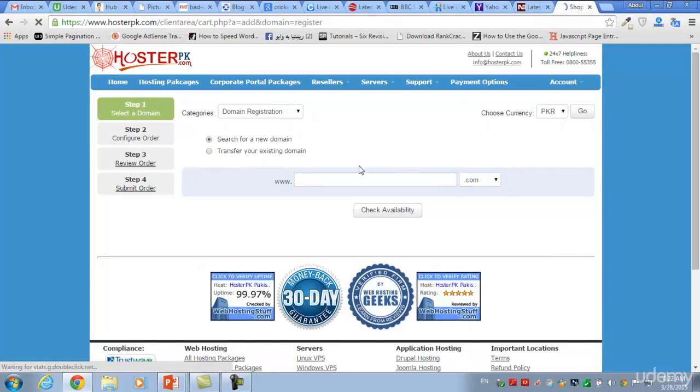Now I want to register a domain name. For example, I want to create a website, because this is a complete SEO course, so you will be learning each and everything from absolutely starting. So basically I want to search for a domain name. I want to create a website on fashion, for example. So I will simply say, oh, fashion,